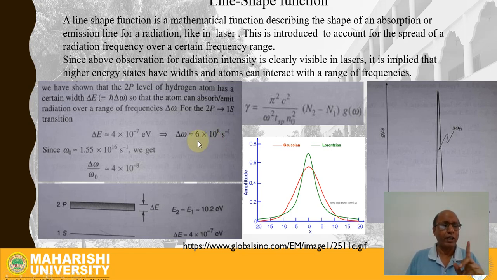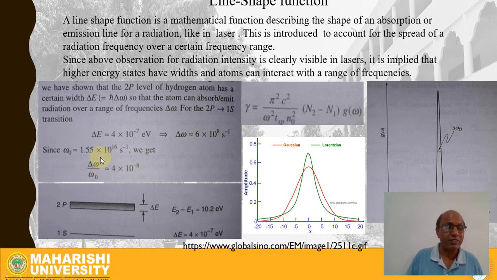Now this is delta omega. Now the resonant frequency, or the central frequency, for that radiation is omega 0, and this is very high, 1.5 into 10 to the power 16 hertz. If you compare it with this curve, the central frequency omega 0 is here, but the delta omega, which we will have to define, where will it lie, here or here? If you point out here, it is FWHM. So delta omega is this much. So what is this delta omega upon omega 0?